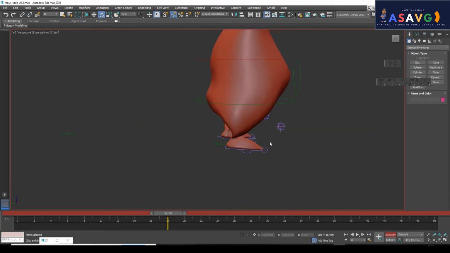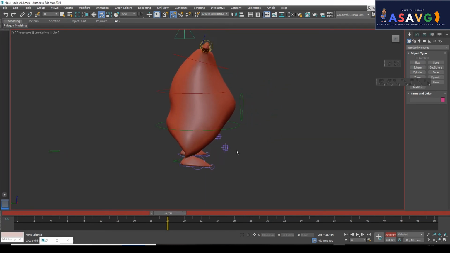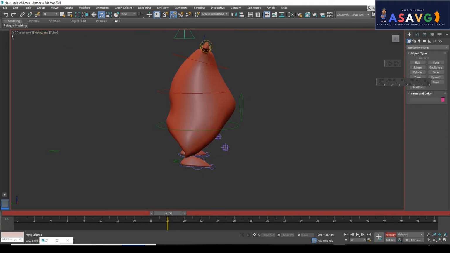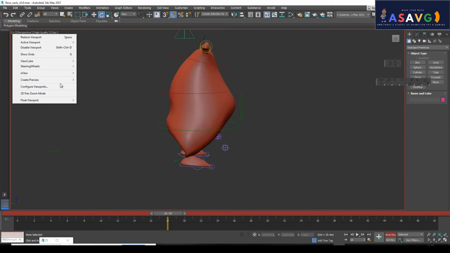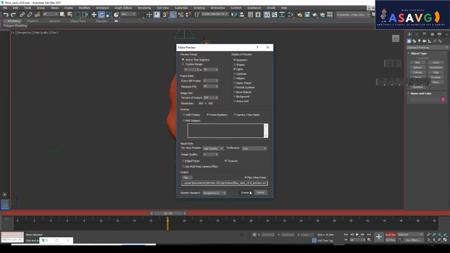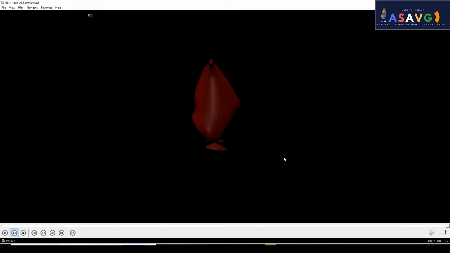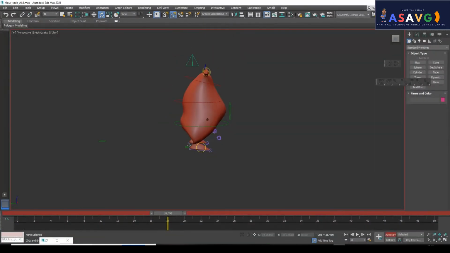I'll make it big and high quality. Just make it Play Blast. Seeing the animation, right? The animation is very smooth. So make it like this and just make it Play Blast.